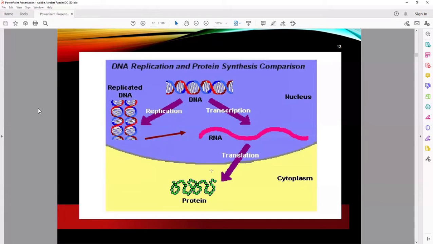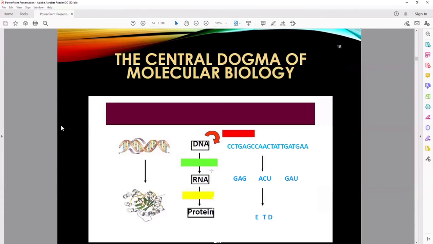Translated into protein. Okay, this is your DNA. We know that DNA is made of nucleotides: cytosine, thymine, guanine, adenine. And when it is transcribed into RNA,